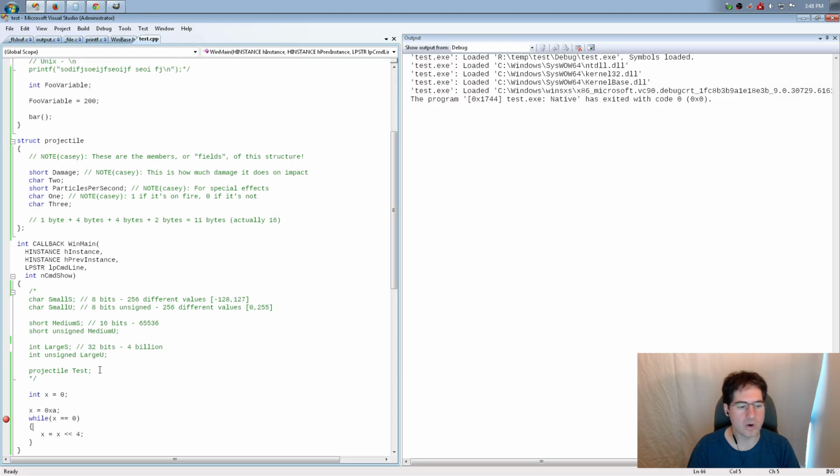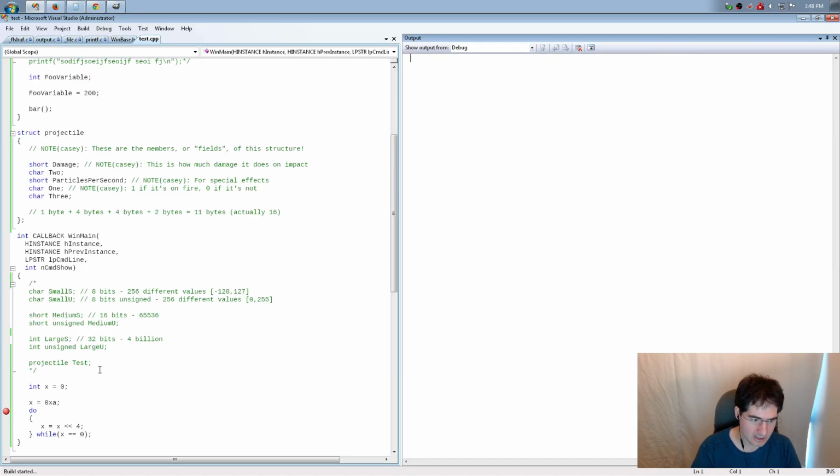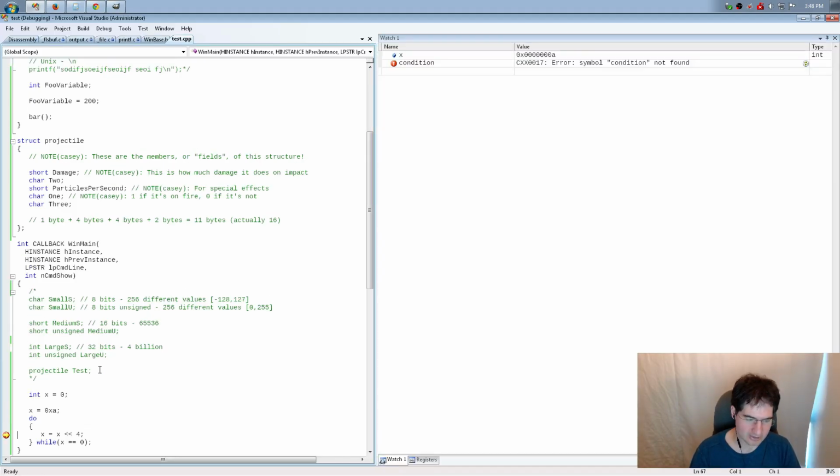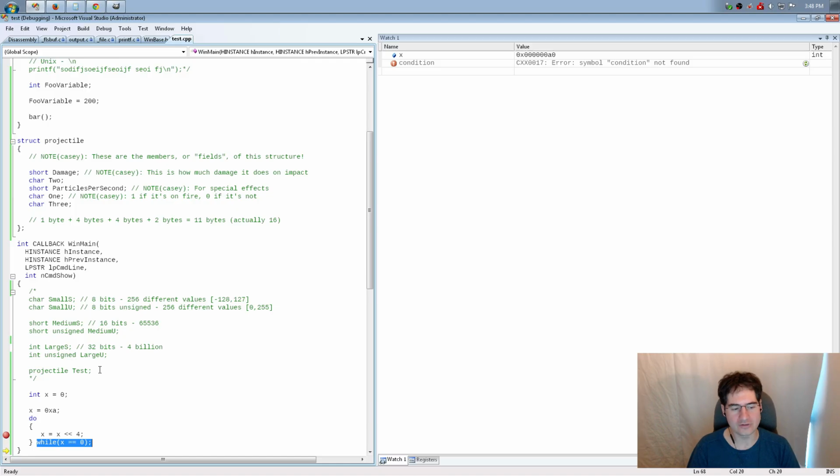But maybe I wanted my loop to at least always run once. I didn't want it to check the first time. I always want to do at least one shift, but then I just want it to stop doing shifts when x finally does. I want to stop doing shifts if x was not equal to 0. Well, when I do this, that's exactly what happens. It'll do the shift once, it'll get to the while, and then it'll end right there. So do is just a way of moving the test till after the first one. So if you want to always do at least one, that is where to do it.